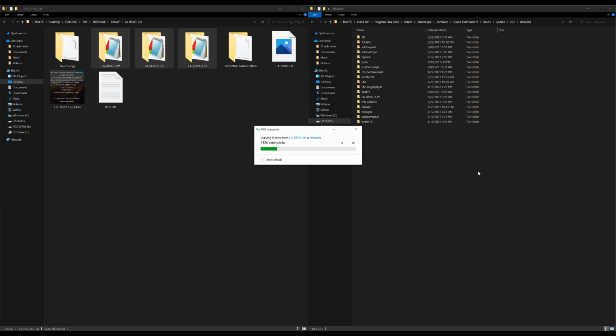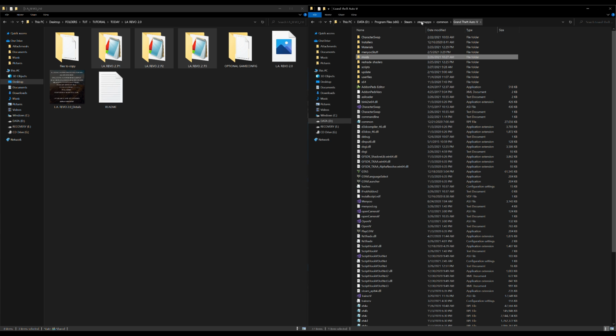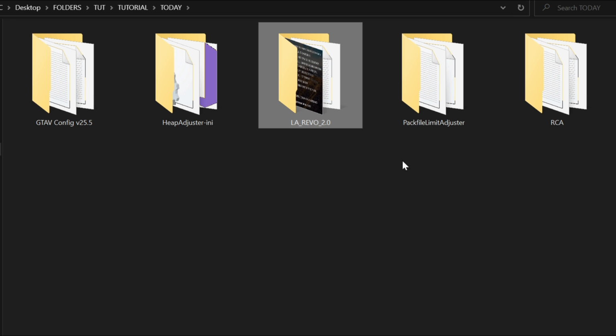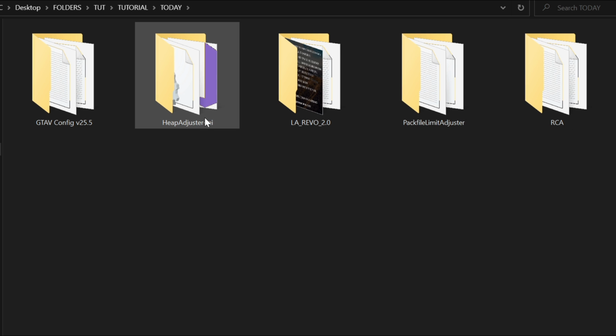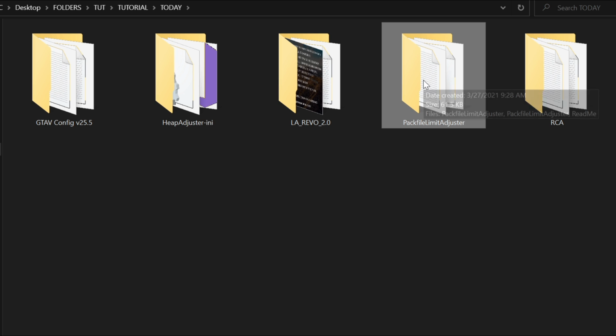Now, the reason why I started with this first, because this could take some time to copy over to your DLC packs. So while that does that, let's go ahead and go back to our Grand Theft Auto 5 directory, and let's go back to our downloads, select the back arrow. That'll bring us back to all of our downloads. Now let's go ahead and start off with the pack file limit adjuster. Open up the pack file limit adjuster,